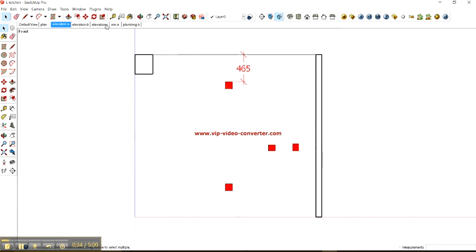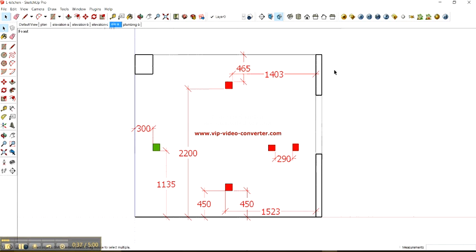So you just have to give the dimensions for that. After giving dimensions, it will be something like this. Here this is green because I have proposed a point over here. So that measurement also you need to give in SketchUp only. Here your measurements are missing, and just add those. So it's done. I have given a proposed point.